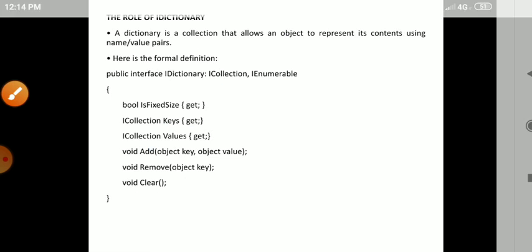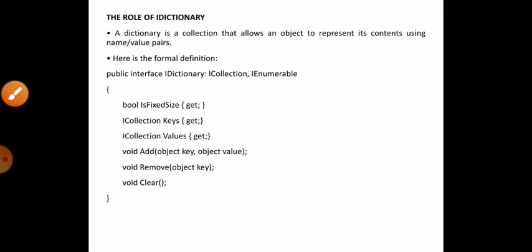Then you will learn the concept called IDictionary. IDictionary mainly knows the object's name and the value of that particular object.